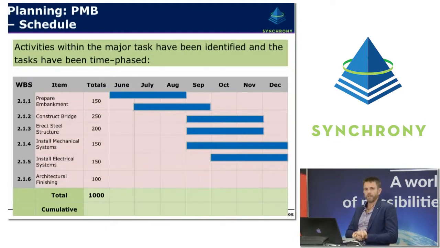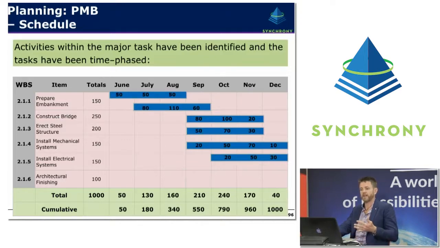So once we have those WBS elements and those budgeted values for each one, we can then time phase those budget elements based on the expected start and finish dates of those activities. And from there you can see the blue bars represent the time phased spreading of the resources for each of those activities.